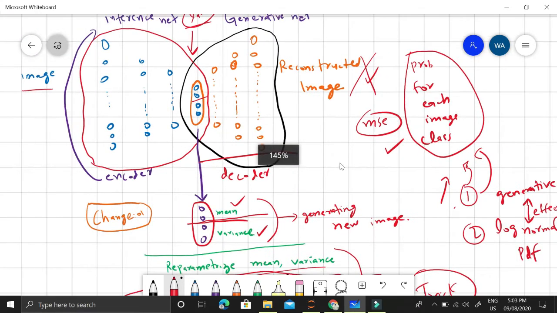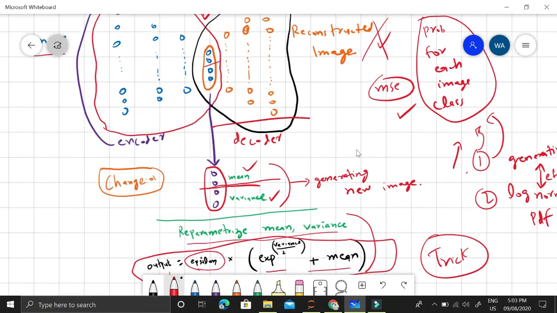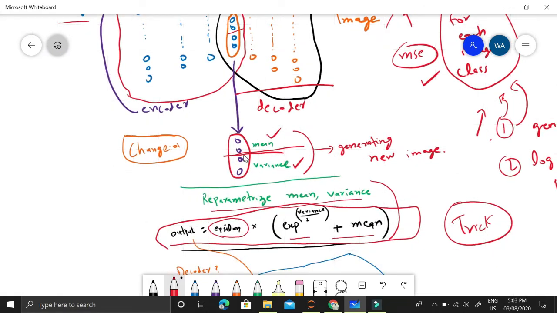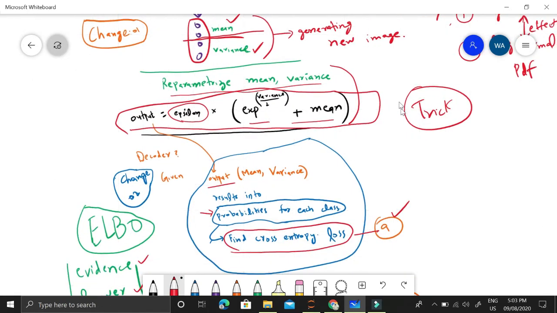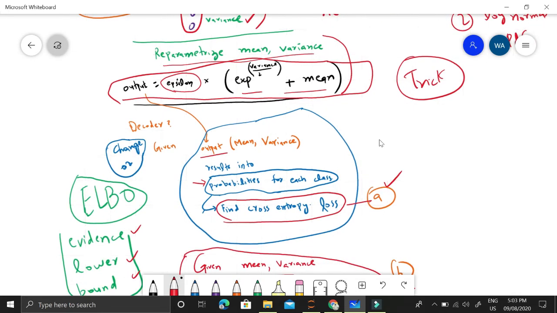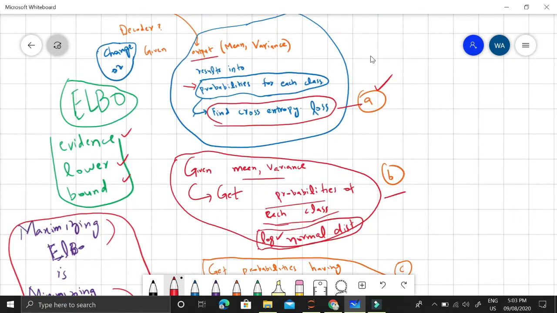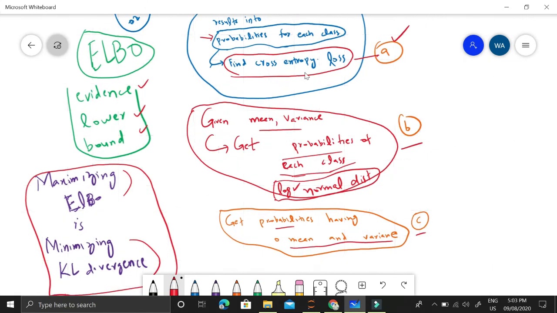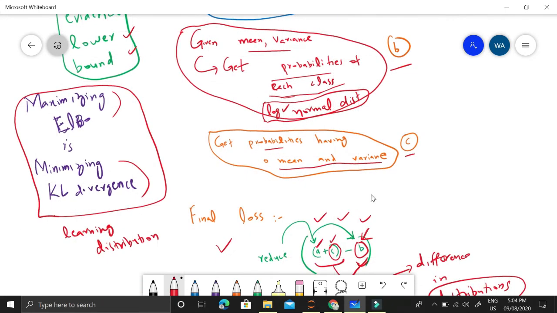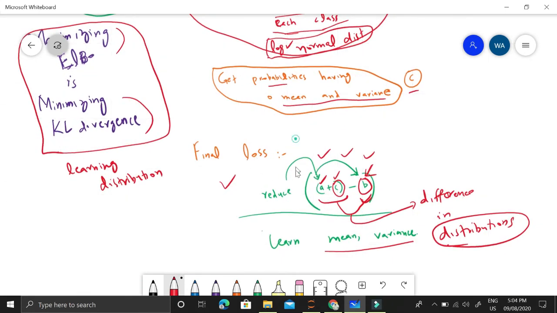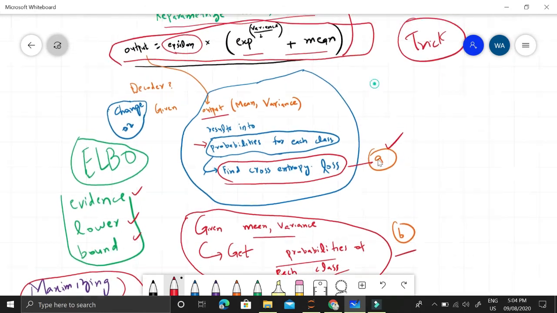And if you understand these three things, then I think this coding part will become very easy. Dividing this latent dimension and encoded dimension into mean and variance, adding this trick part to find smooth gradients for adjustment of mean and variance, to learn these mean and variance parameters for the distribution, and then finding this loss using cross entropy loss and these probabilities given the distribution function parameters mean and variance, and using this loss function, applying the gradients to adjust these mean and variance values.